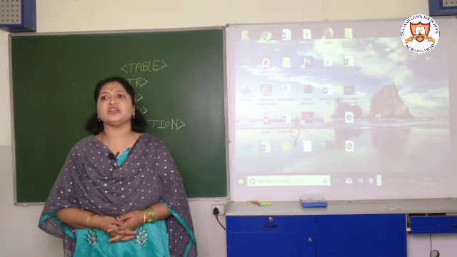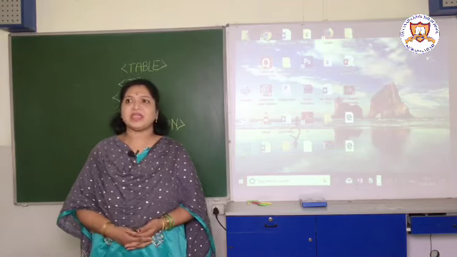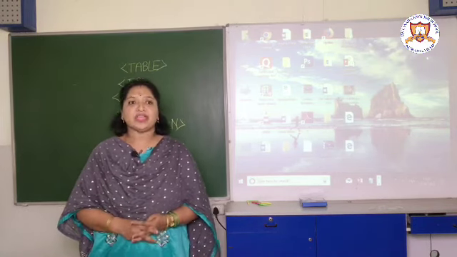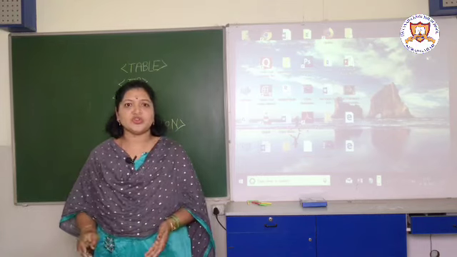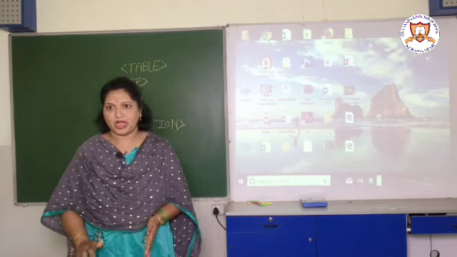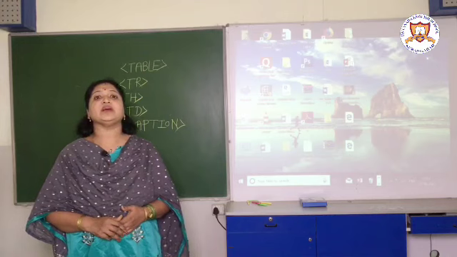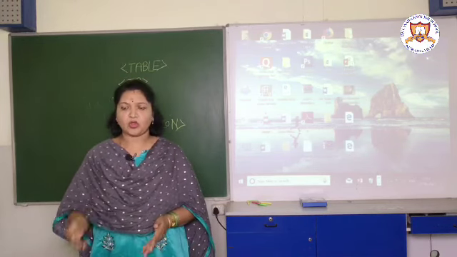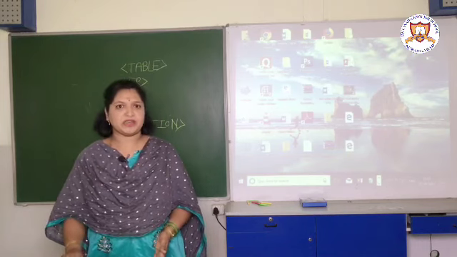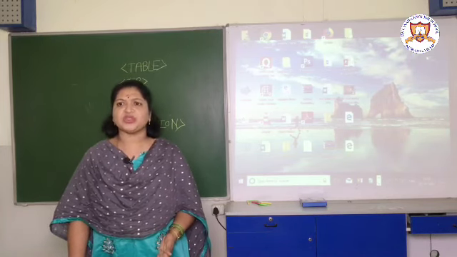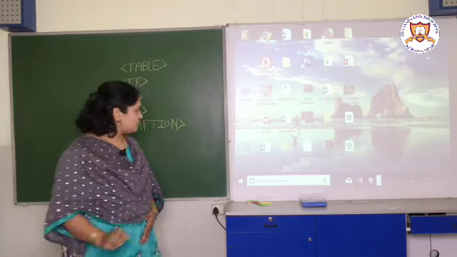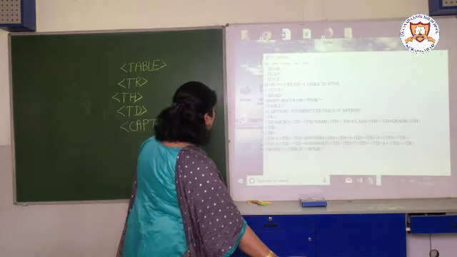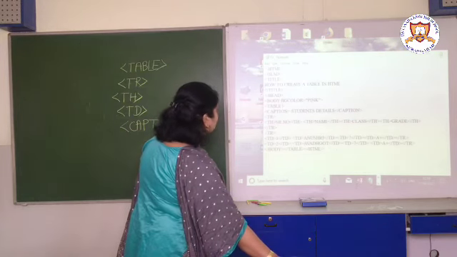In any web browser you can run the program, and the main thing is that while executing this program there is no need for the internet. Offline also you can execute this program. Just open the program and execute it, or right click on the program file, click on open with, then the names will appear, and you can choose any web browser. Okay, so in Notepad you have to prepare the program. I think it is visible to all of you.